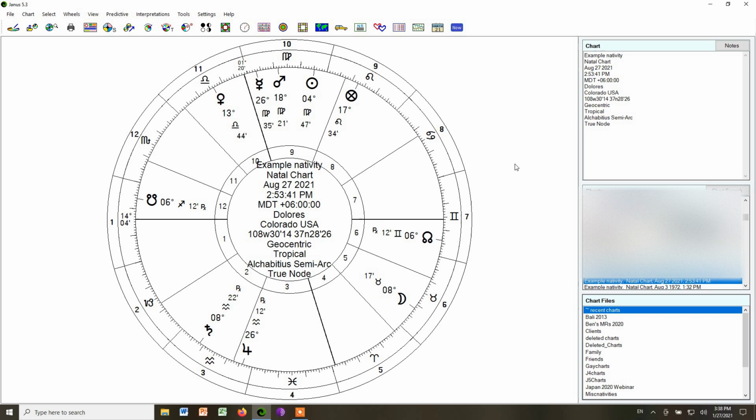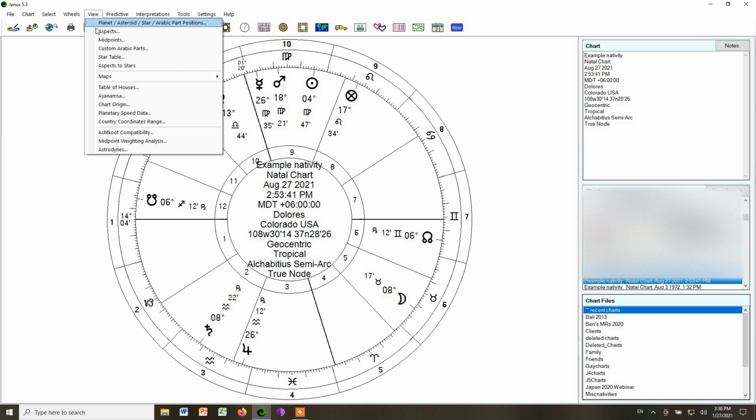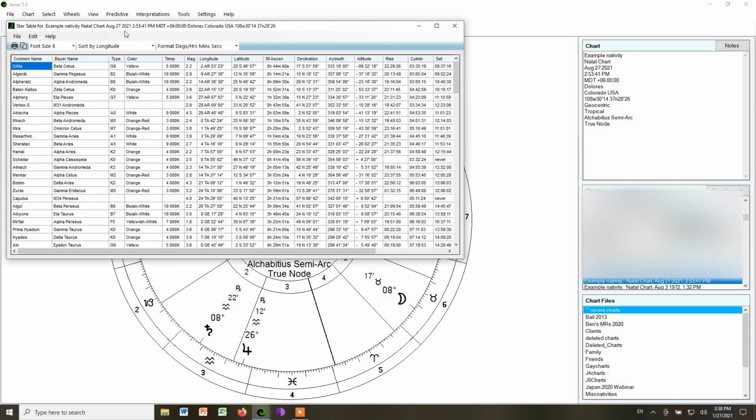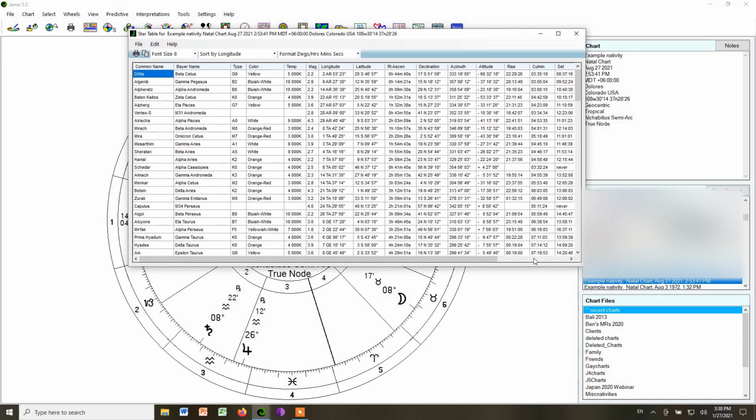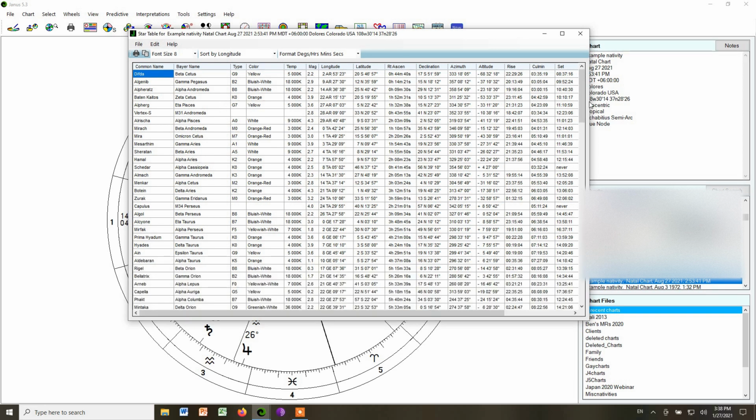Now let's look at fixed stars. If we go up to View, we can go down to Star Table. And this gives us a table of fixed stars with a lot of their positions. Most of this you wouldn't need for traditional purposes, but it tells you what the common name of the star